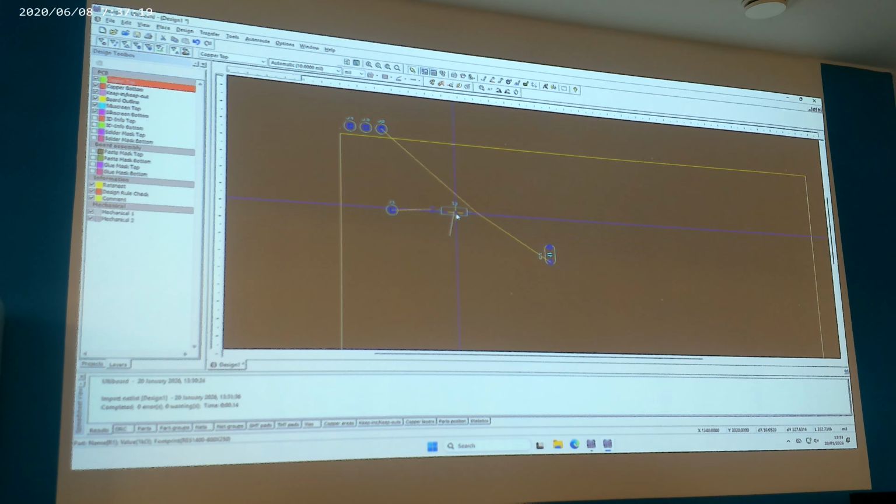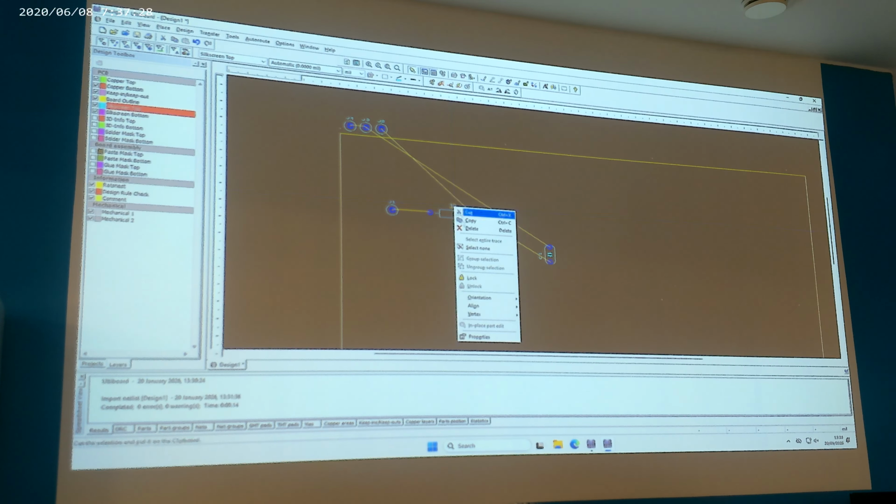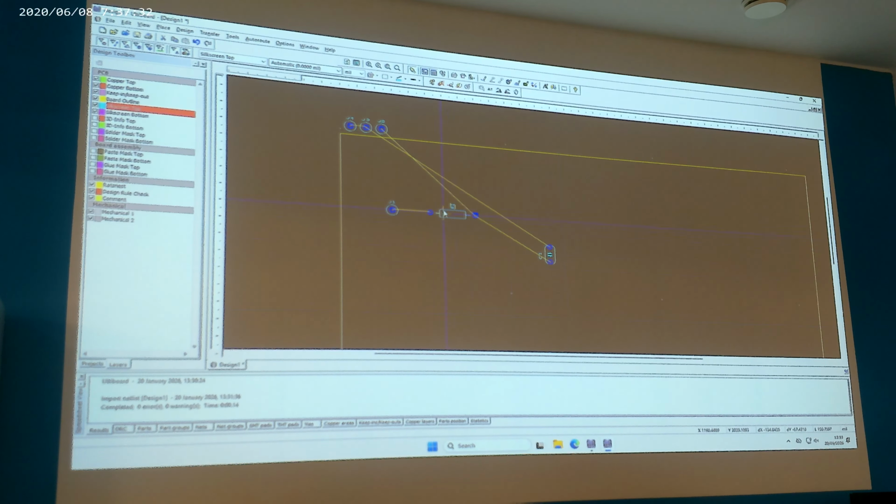Only the R1's upside down. How can I get round that? I can't really. Orientation, yes I can, because I can flip the R1 on its own, so I'm just flipping the label R1, so that's good. So the next thing I'm going to do is try and arrange the capacitor the same way,